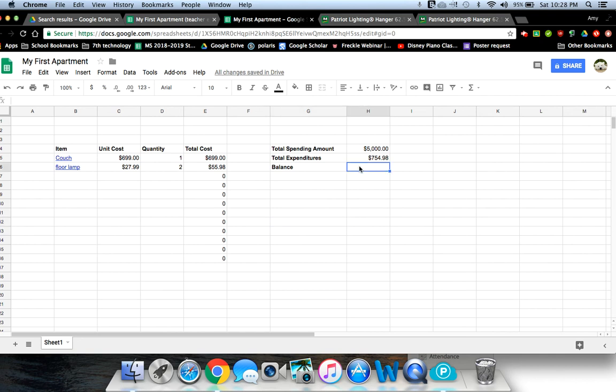So you click in the cell, start with the equal sign. And so now I'm going to say start here. So it's H4. So I'm going to put in H4. And then I want to subtract, so I'm just going to hit minus. So now it knows it's taking this minus H5. And then I click off of it. And so now you'll see that it's 5,000 and it's 754. I subtract that and you're going to get